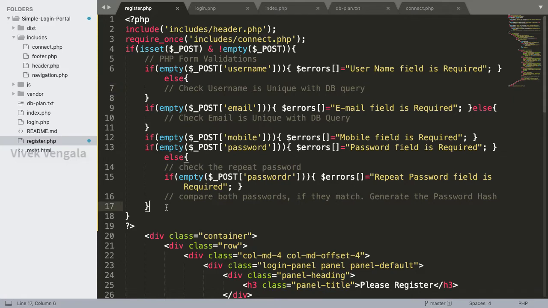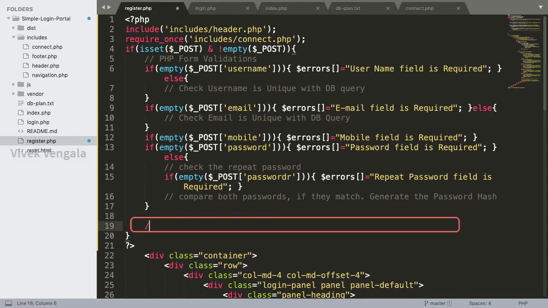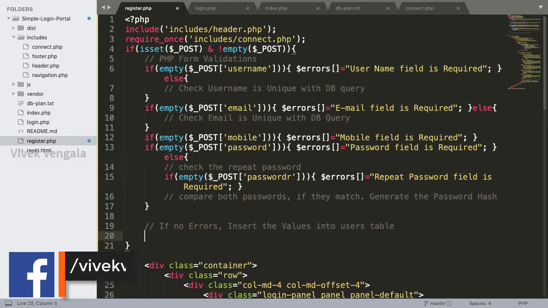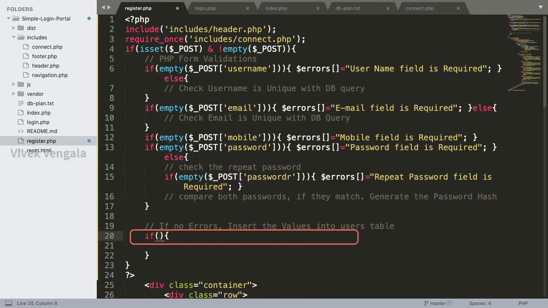inserting this record in case of no errors. That is, if the errors array is empty, I am going to work on inserting these values into the database. If no errors, insert the values into the database, that is the users table in our database. If empty errors,